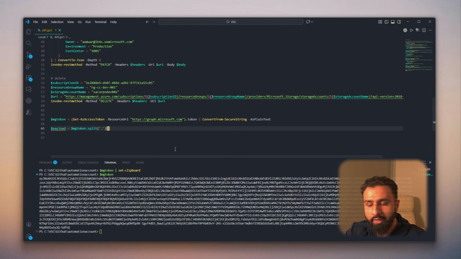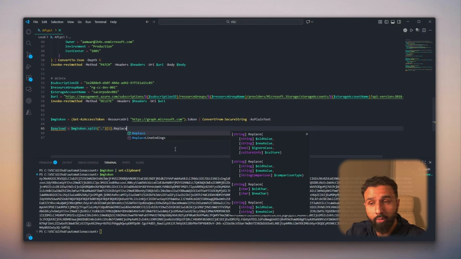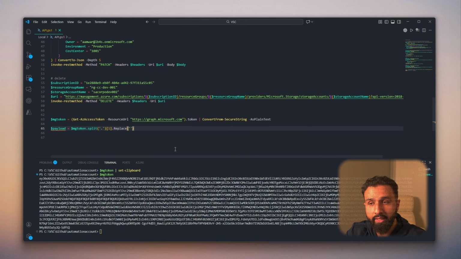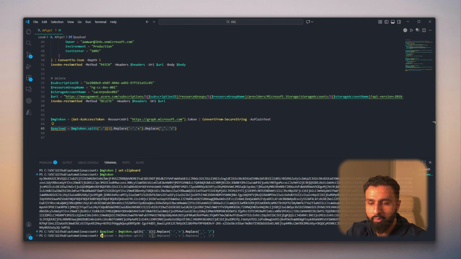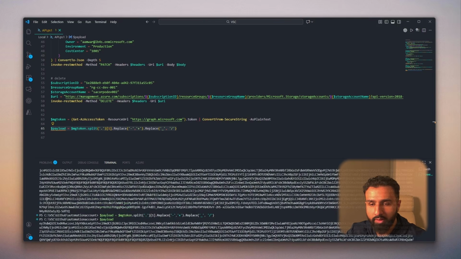And what I want is the middle one. Then I want to replace a few things. If there's any minus signs or dashes, I want to make them plus. Why? I don't know. And then I want to replace another thing, which is any underscores, replace it with a slash. Okay? So if I do payload, it's going to be slightly slimmer because some of the sections are gone,